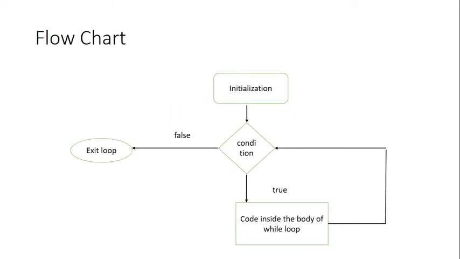In this video we will understand the while loop. So we can say the while loop is the most basic loop in C programming, and it is used to repeat a block of certain code. A while loop has only one control expression, or a specific condition we can say, and it will execute as long as the given expression is true.